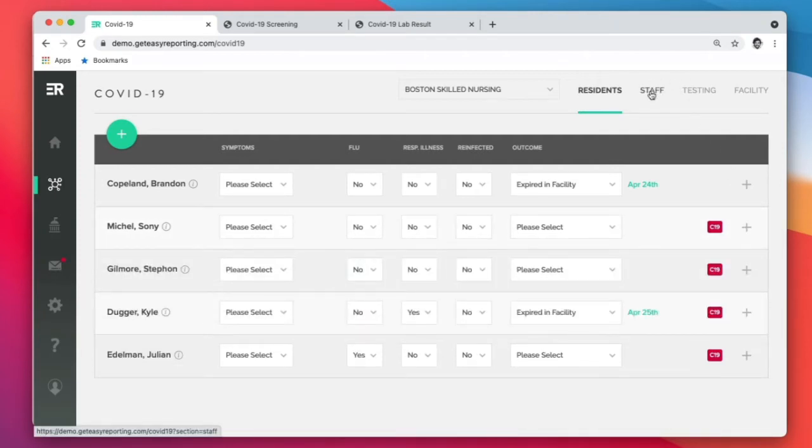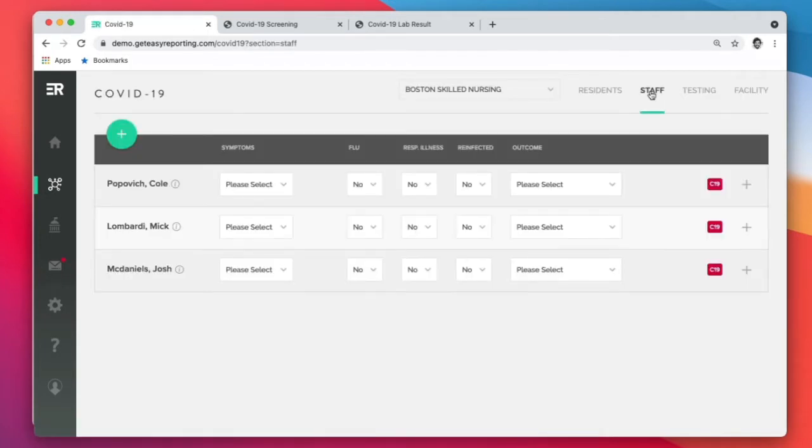So let's take a look at the staff data. The resident data is obviously much more accurate because it's pulling straight from the EHR. There's not an equivalent for staff. So what we really do is merge two data imports. One is from a customer's HRIS system, like ADP or Paycom. That's where we get the staff's